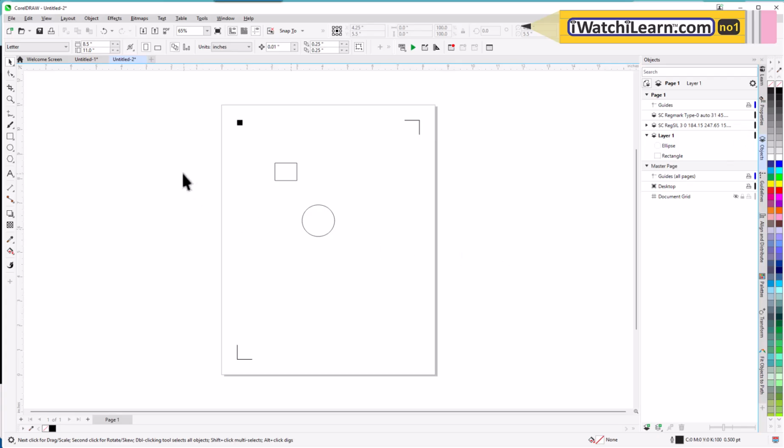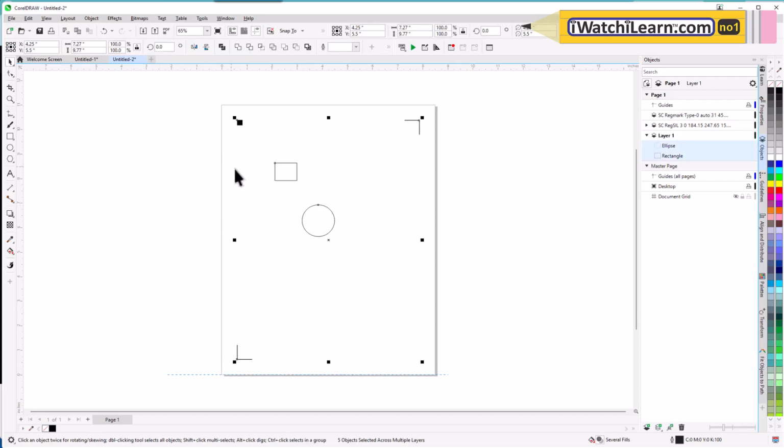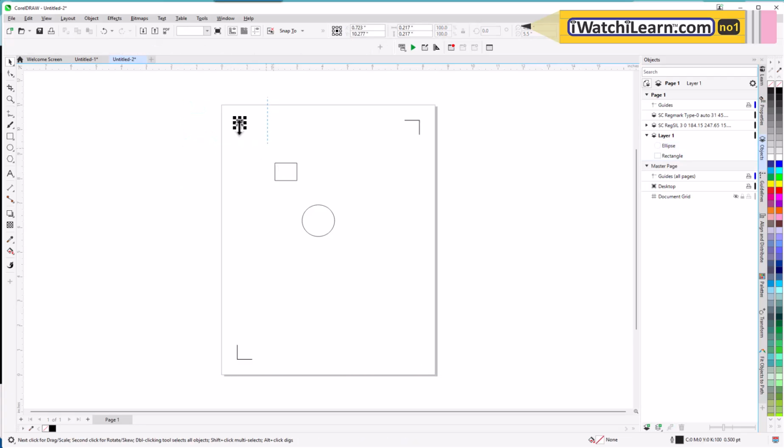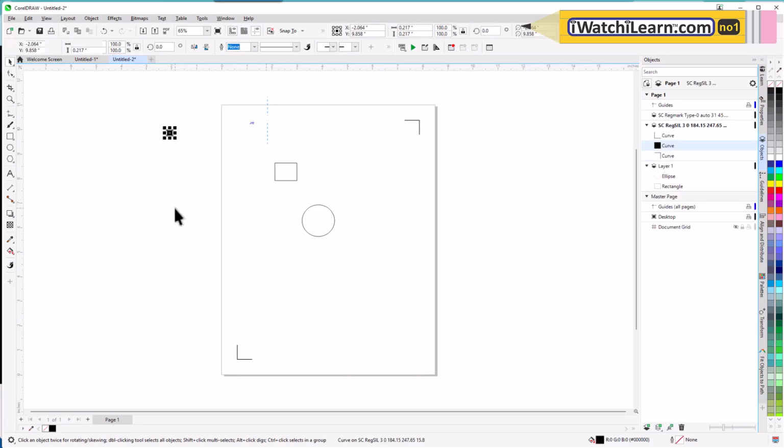When I unlock them, that's going to allow me to select the registration marks along with the rest. I'm able to select my registration marks. What I mean by being able to select this is you can select it and then you can move it. Now you don't want to move it,